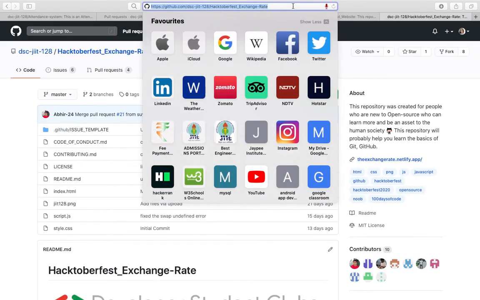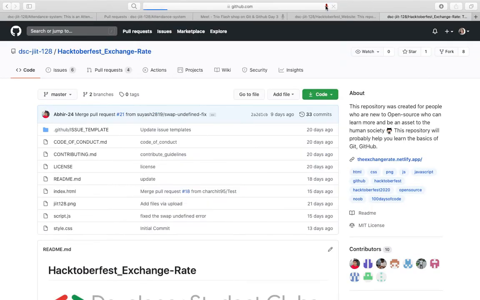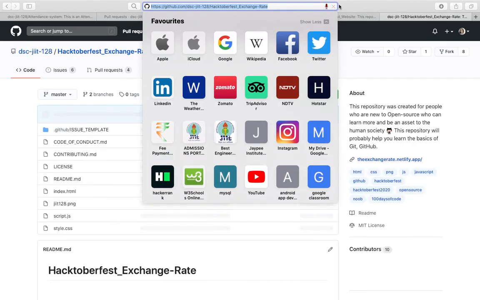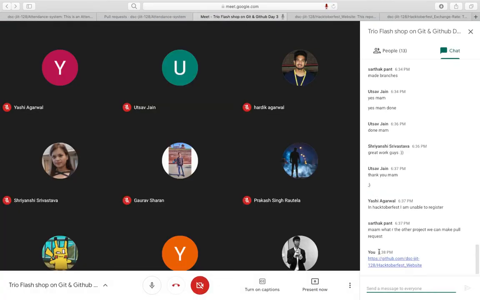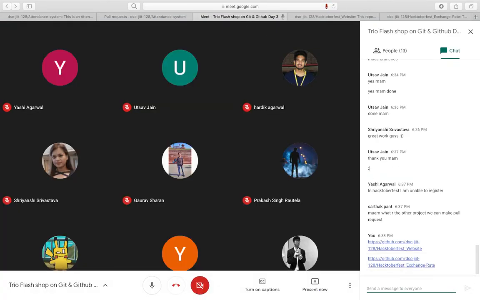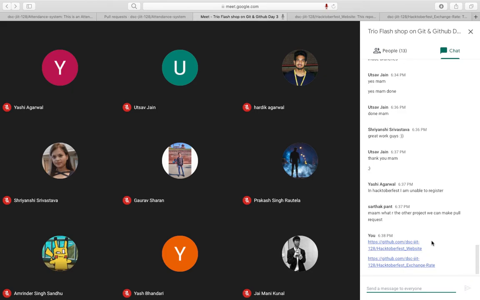We have created two for you. Go to these repositories and try to create a pull request over here, and we will be reviewing the pull requests.